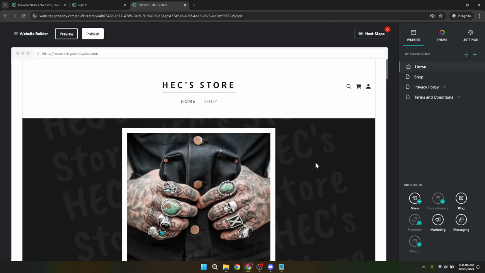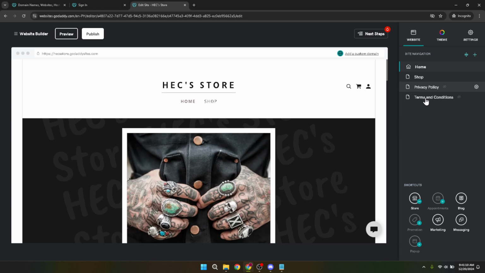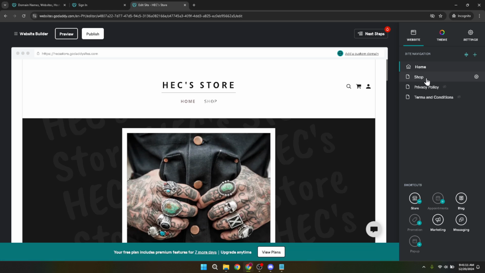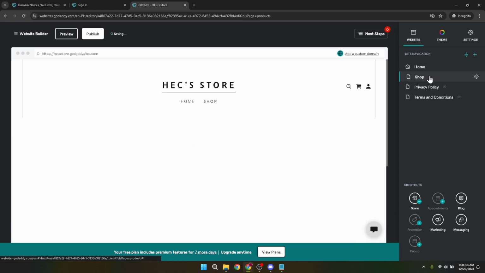Now it's time to navigate to the page you want to delete. You'll do this by going to the Website tab. Depending on how your website is structured, you may see a variety of pages listed, from your homepage to your Contact Us page. Each plays a crucial role in how visitors interact with your site. Among these pages, find the page you wish to remove. Perhaps it's a shop page that no longer aligns with your business model.